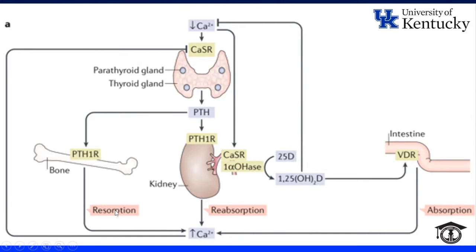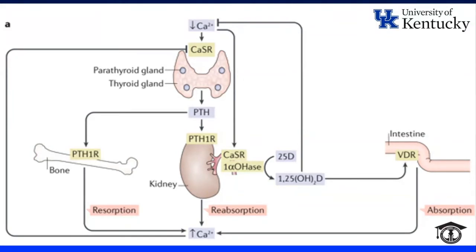And actually, one of the common mistakes that nephrologists make in understanding PTH is that, because it stimulates bone resorption, it acts on the osteoclasts. But this is wrong. It actually acts on the osteoblast. The osteoclast doesn't have PTH receptors. The PTH receptors are mainly on the osteocytes and osteoblasts.